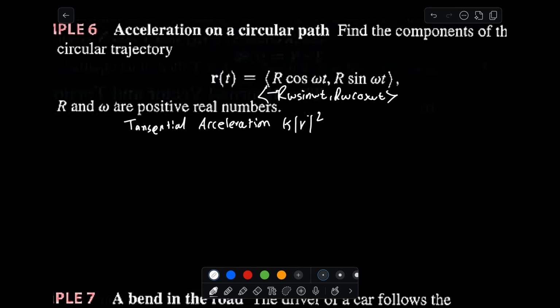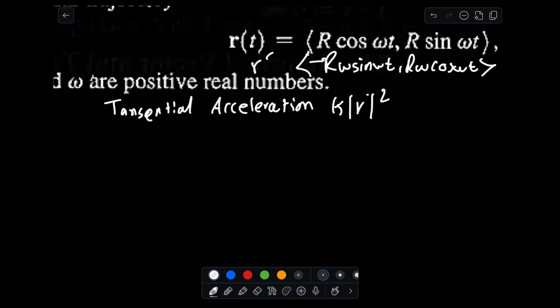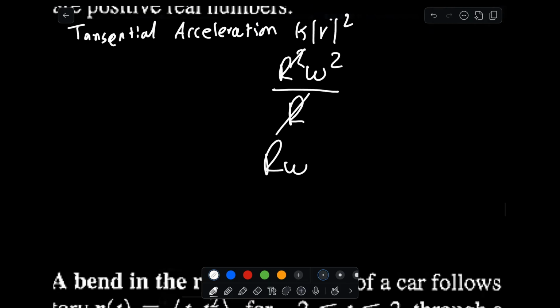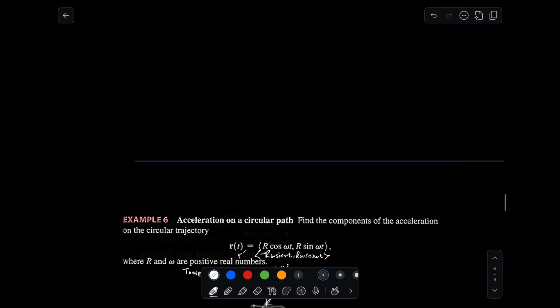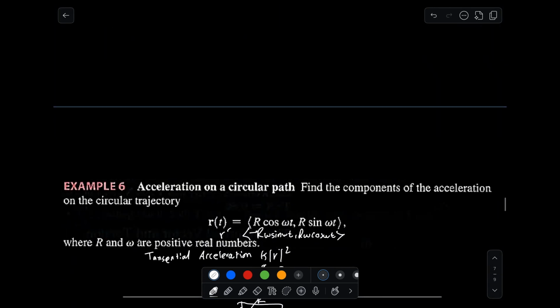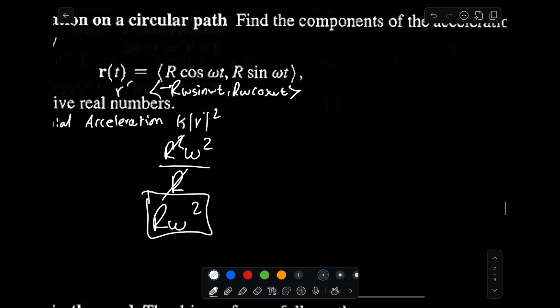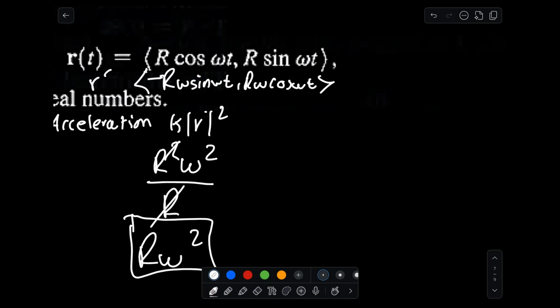When you square this, you get r squared omega squared, divide that by r, and you get r omega squared for your normal acceleration. Your tangential acceleration, however, you have to take by solving for the magnitude of the second derivative of your position. So you would take the derivative of this twice, and you would get negative r omega squared